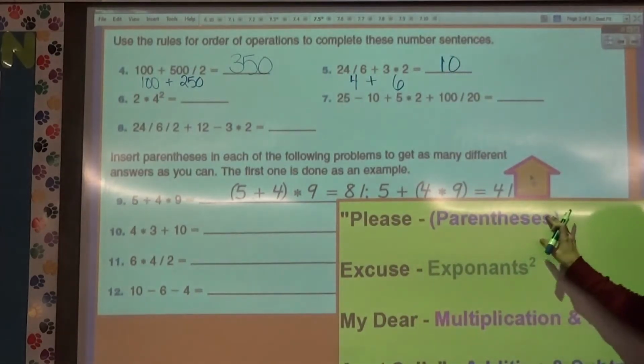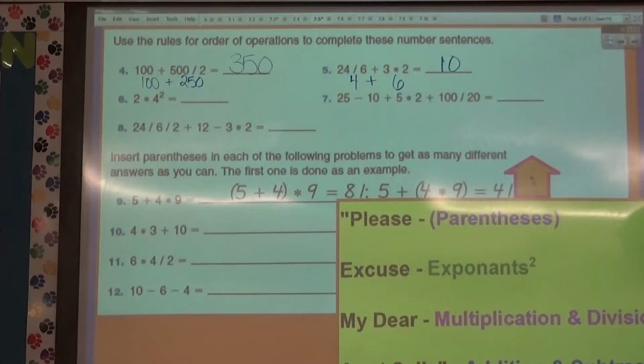Make sure you follow each of these as you go through. It's not okay to just skip around and then add a few things and come back later. You really do need to follow the order. Ask yourself, are there parentheses? Are there exponents? Have I multiplied and divided? And then